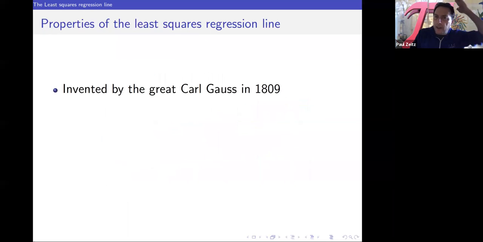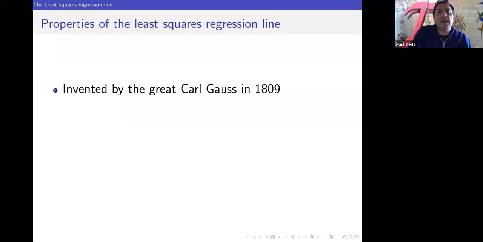Okay, first of all, it was invented by Carl Gauss, who is one of the greatest mathematical minds to ever exist. Gauss's birthday is on the last day of this month, and so everyone should raise a toast to Carl Gauss on April 30th. I think he will be 243 years old on that day. And if I was at the Museum of Math, I would want to have a party on that day. It's as good as Pi Day.